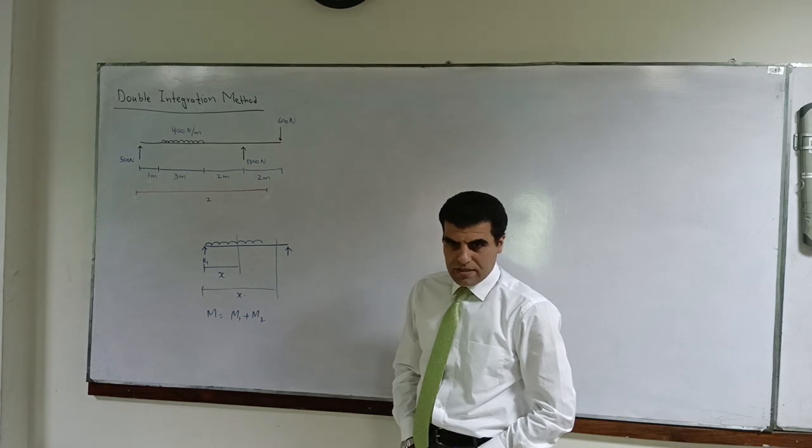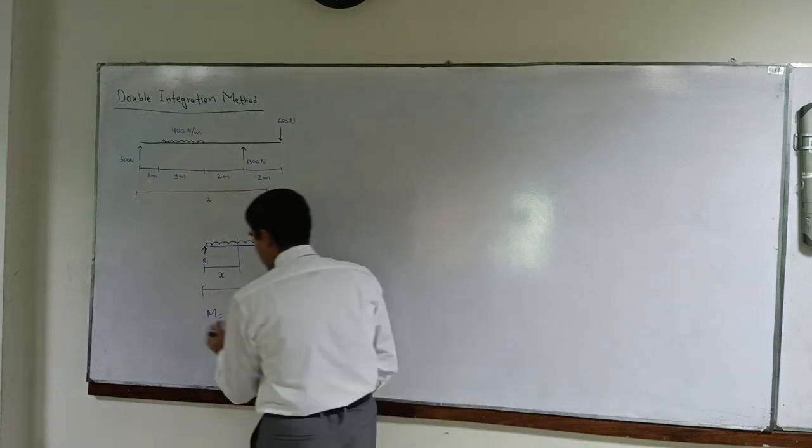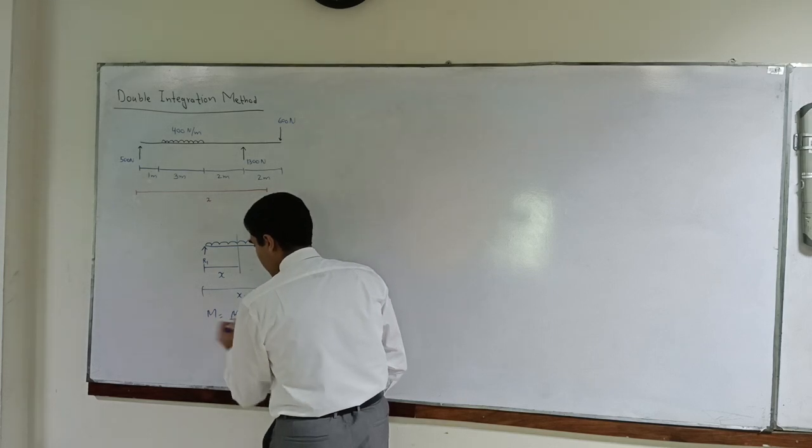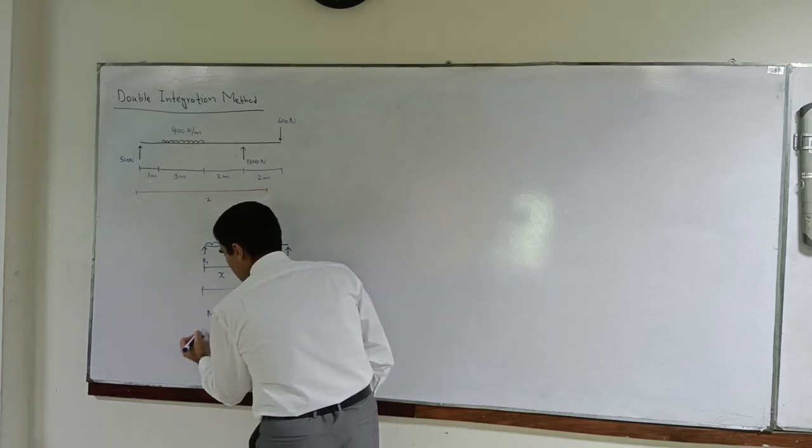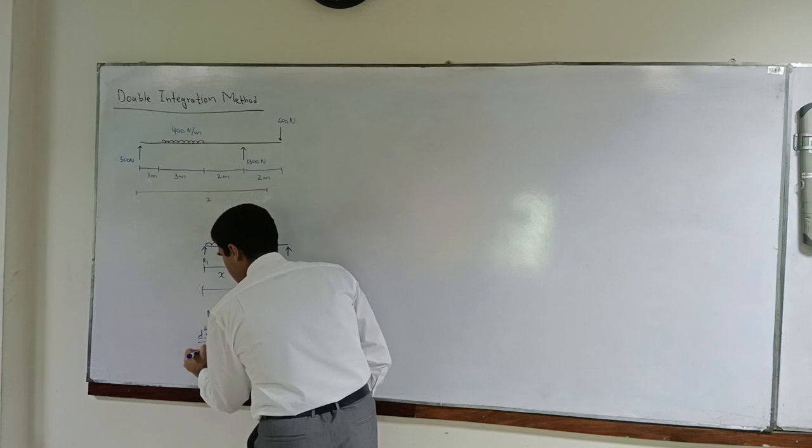Would it be like that? No, it's not going to be like that. You will have everyone separately. Yes, sir. So d2y by dx square is